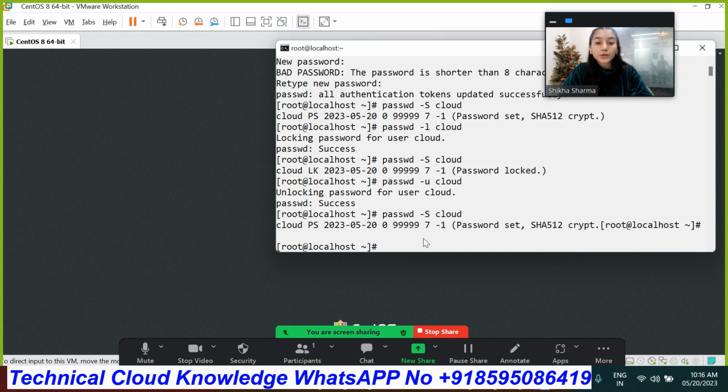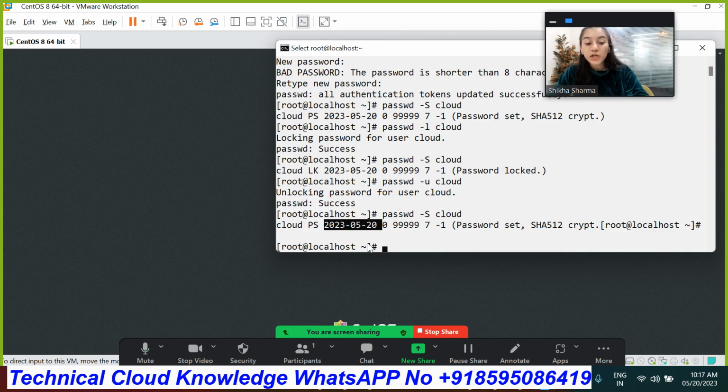Okay. So let's understand all these fields separately, each one, by practical. Let's start with the third field. We have also done this with the useradd, usermod and userdel commands, how we can change the name of the login user. The second field I have already discussed with you. The third field refers to when you last changed your password.